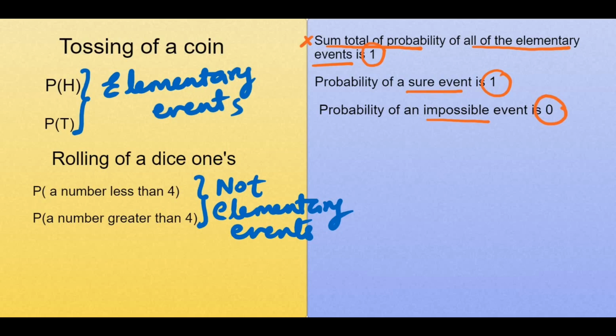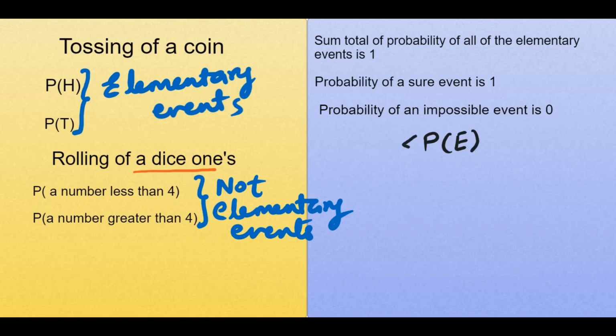Say for example, in case of a dice that is rolled once, what is the probability of getting a head or a tail? So in a dice there is no outcome which is a head or a tail. So it is 0 out of the 6 cases. So 0. This is the probability of an impossible event. That means it is impossible to get a head or a tail when a dice is rolled. So finally, the probability of occurrence or happening of an event always lies between 0 and 1.